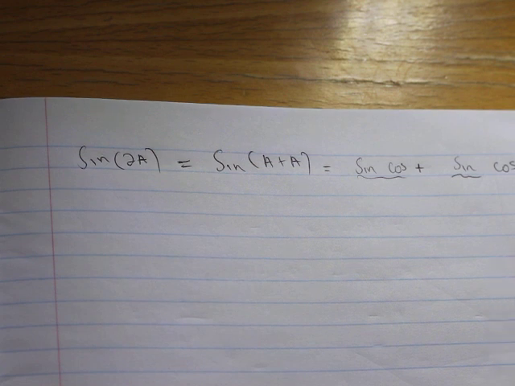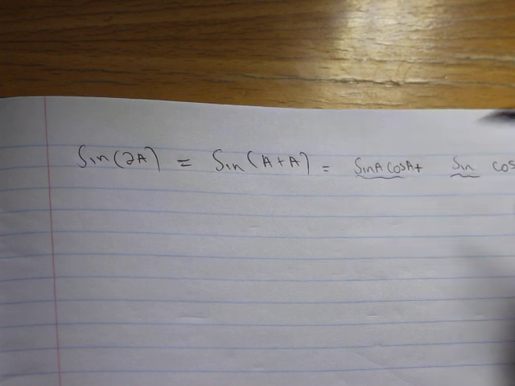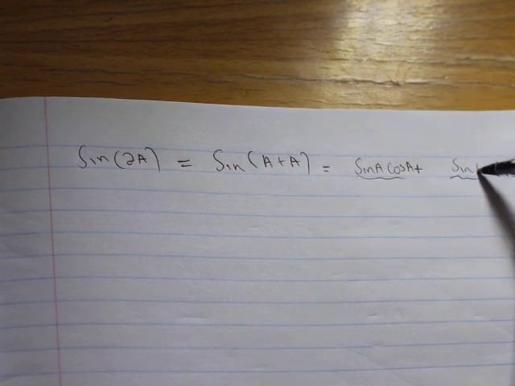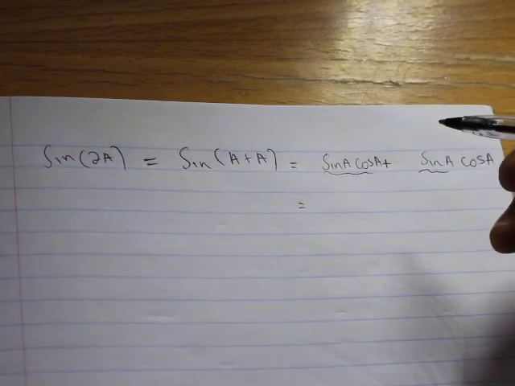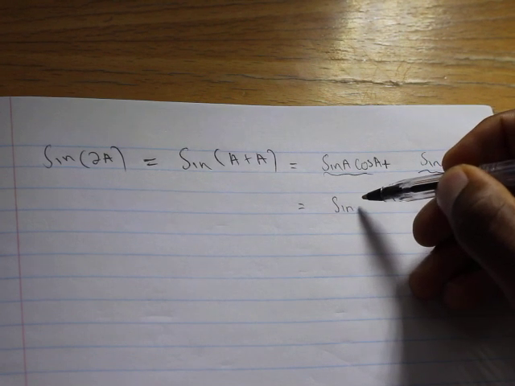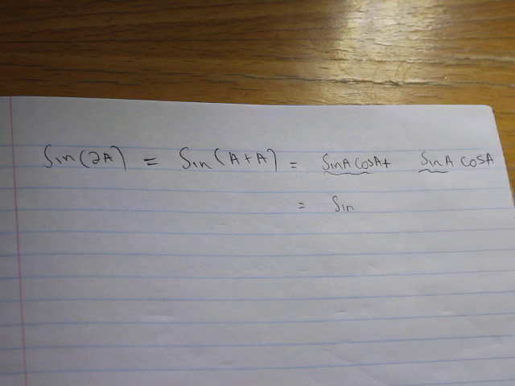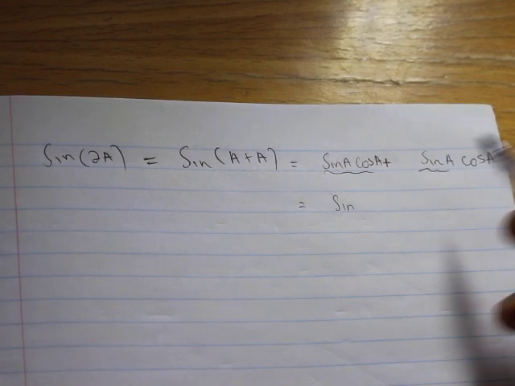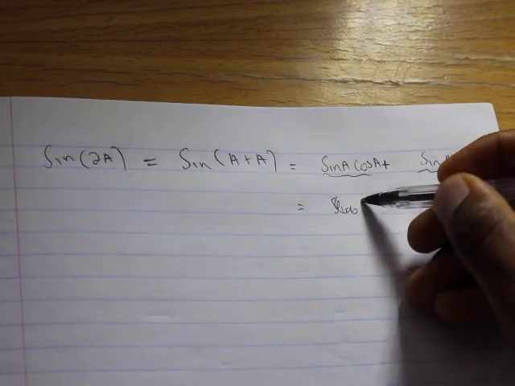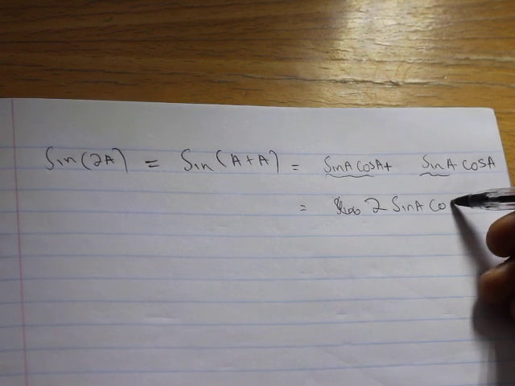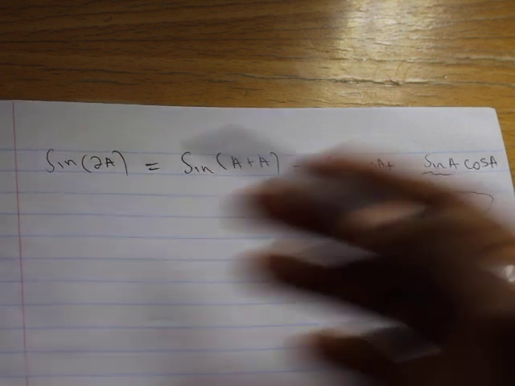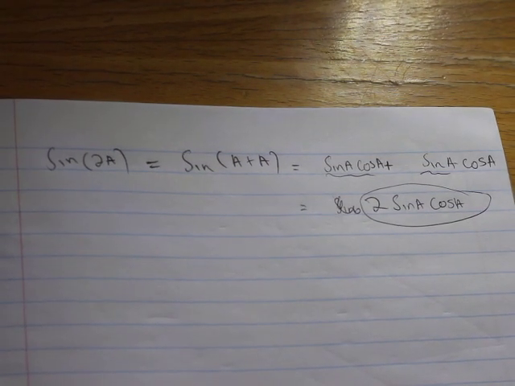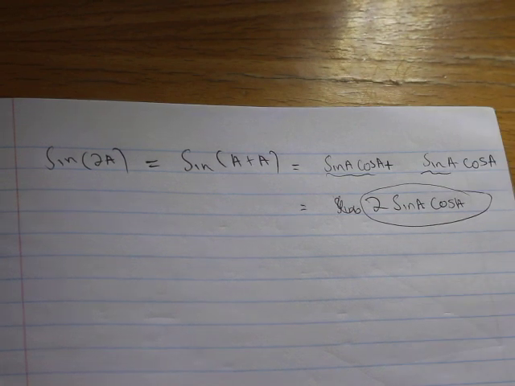Now we need to arrange the angles: A, and then on this side we swap the order, but it's not going to make any difference. So there we have it. Since these are different, it's not going to be squared, it's just going to remain like that. But you can see that these are exactly the same, so that becomes 2 sine A cos A. And this, ladies and gentlemen, is the identity for sine of 2A. So whenever you see the sine of 2A, you can replace it with this when you're trying to simplify identities. Okay, so we have covered the